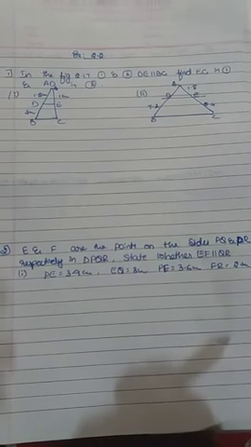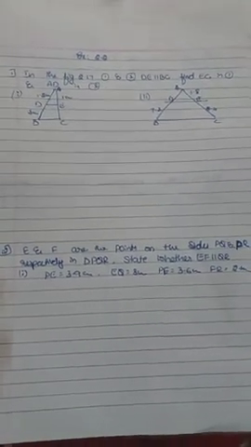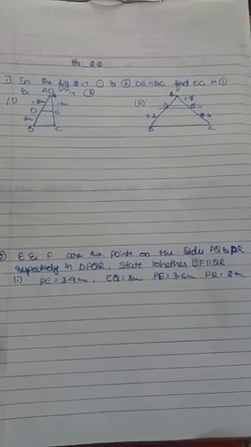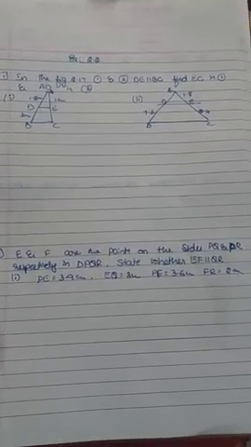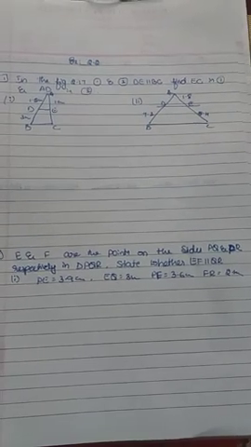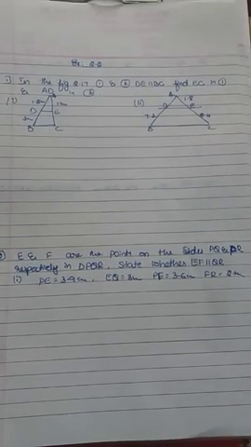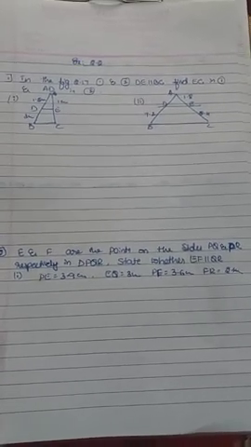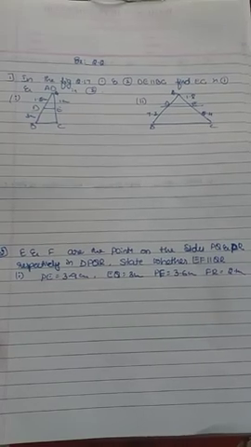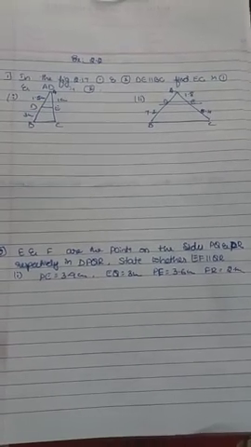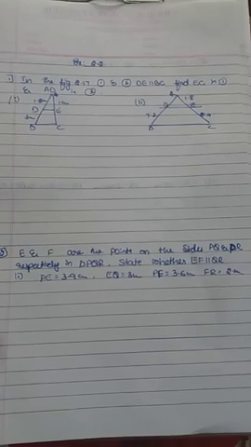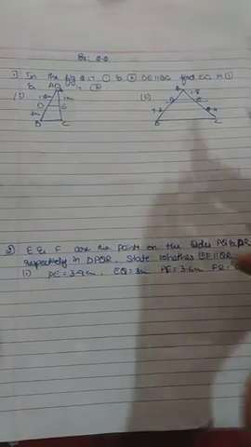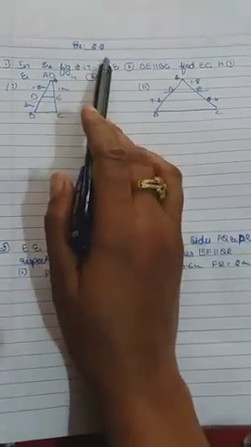Then exercise 2.1 in the triangle lesson is actually easy, try to solve it. It has only fill-ups and asks you to give different examples for similar and non-similar figures, and whether quadrilaterals are similar or not. While explaining, I already told you how to solve that. Try to solve exercise 2.1, it's very easy. If you have any doubt you can ask me by texting a message, and I'll solve that. Now I'll move on to exercise 2.2 in the triangle lesson.